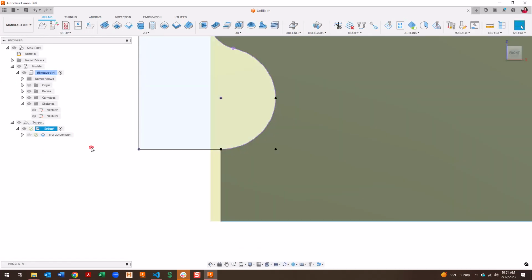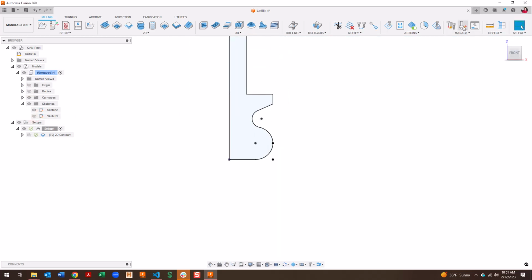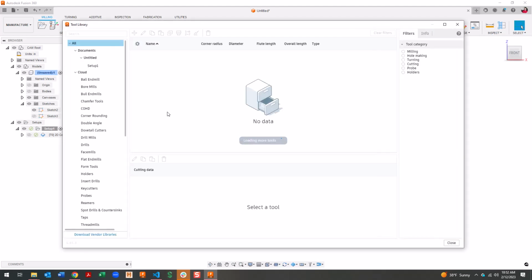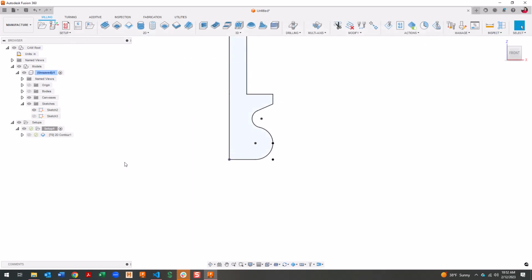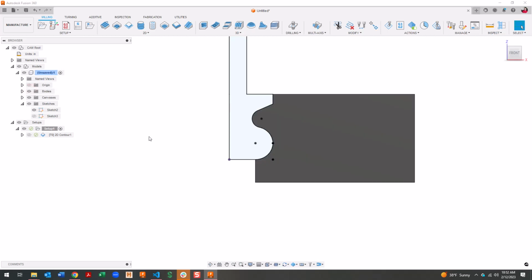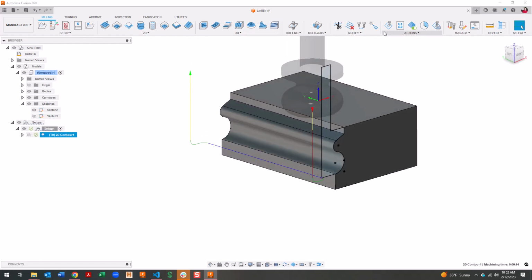Hop back into manufacture. Let's turn off the body. Let's turn off that sketch. Let's create another form mill. Tool profile. Tool axis. Compensation point is right there. Now if we hop into the tool library, does it give us anything different? It really doesn't. So I'd have to play around with that a little bit more. But this gives you the general idea of how to create a form tool, how to create a toolpath, and play with the stock to leave to get it to simulate correctly and produce